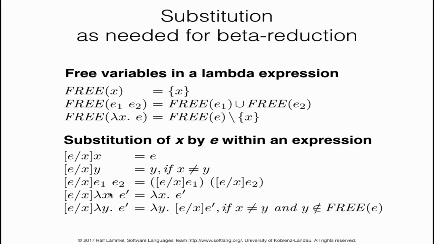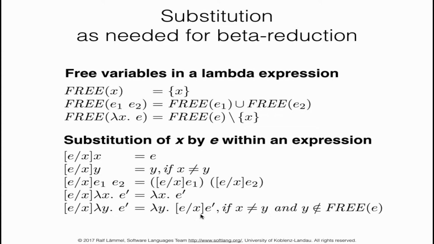When we apply substitution to a lambda abstraction, where the variable of the lambda abstraction is the same variable as we want to replace, then we actually stop drilling into the term, because x is newly bound in this lambda abstraction, so it's no longer the same x as we face here. So this is the case for lambda abstraction where the variable of the lambda abstraction is not the variable that we want to replace. So in this case, we essentially can drill into the body of the lambda abstraction and